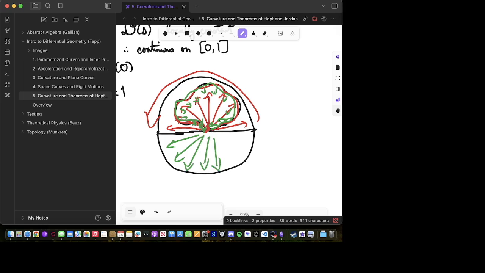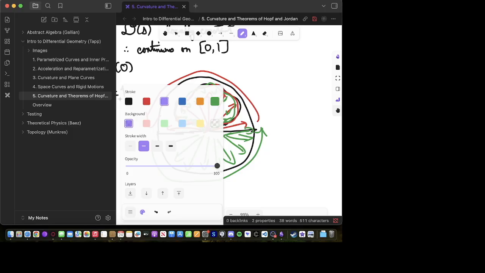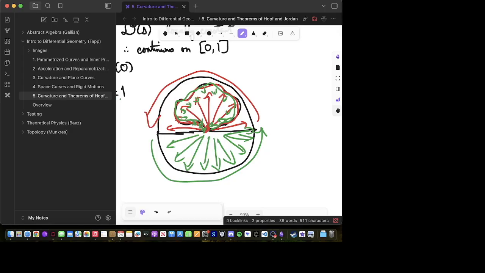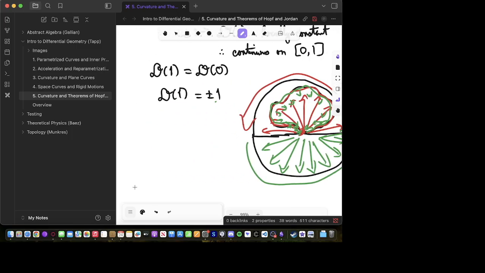It's pointing down, and then it's going back to the side, and then it's doing some stuff, but it eventually ends up back here. So we go back a full rotation. So in that case, it's pretty clear that d of 1 must be equal